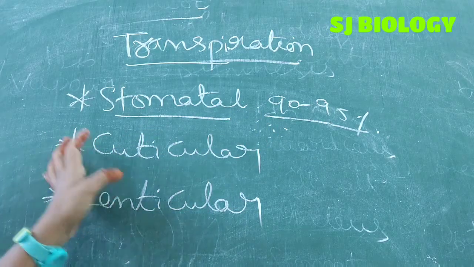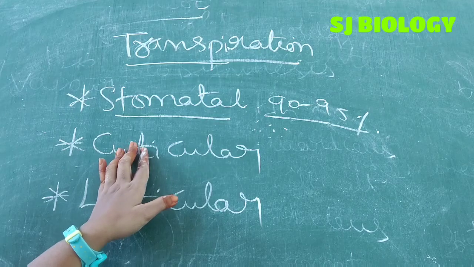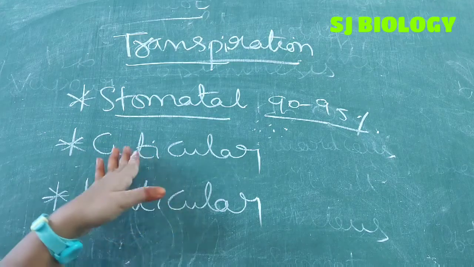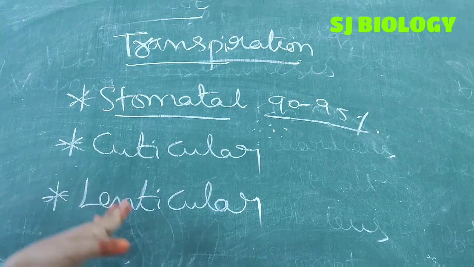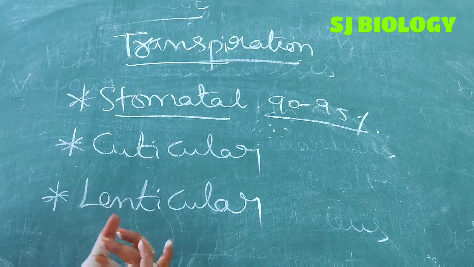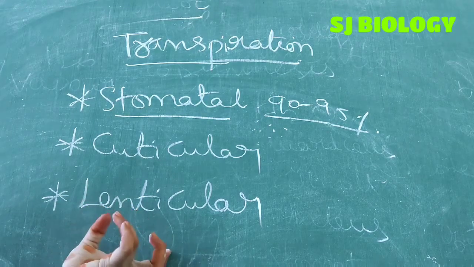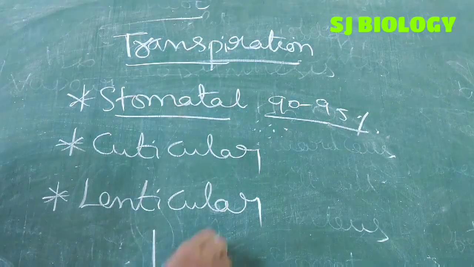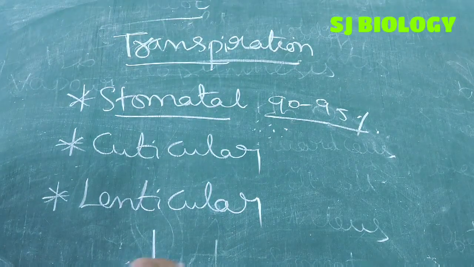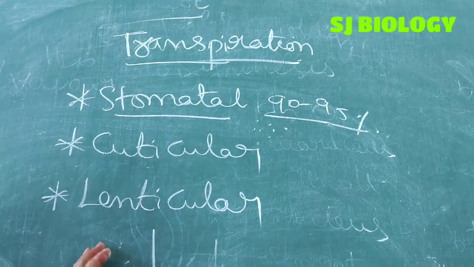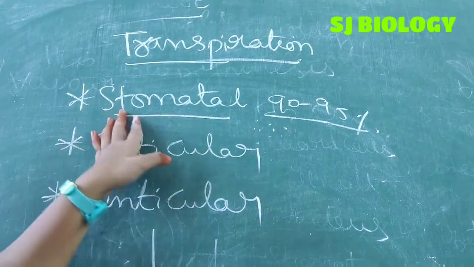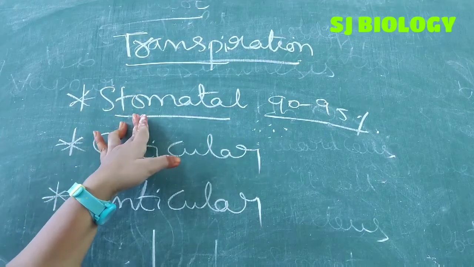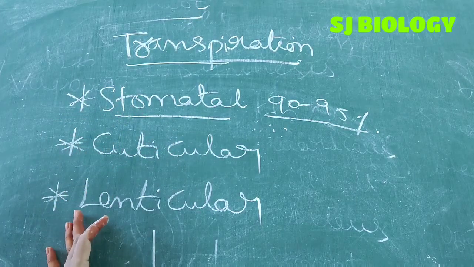transpiration. Cuticular is nothing but the loss of water in plants through what? Cuticles. So this is cuticular transpiration, and lenticular transpiration is loss of water vapor from what? Lenticels. Lenticel means a tiny opening protruding through the bark. The woody stems have bark, so the tiny openings are the lenticels. So these are the three types of transpiration: stomatal, cuticular and lenticular. Most of the transpiration is done by the stomata only. We already drew the structure of stomata.